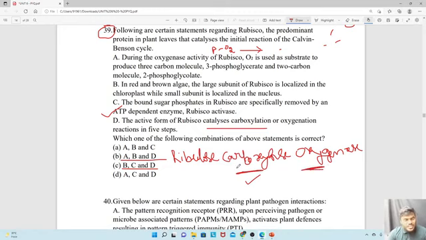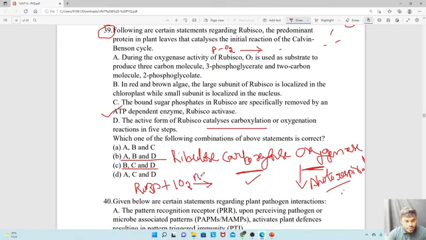When Rubisco fixes carbon, there is no problem. When Rubisco fixes oxygen, then only there is a problem, and we call it photorespiration. That is what we discussed in the first two classes of photosynthesis. Now, RuBP is how many carbons? 5 carbon. When RuBP fixes oxygen and no carbon dioxide is available,